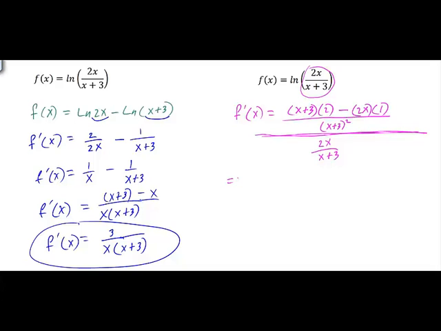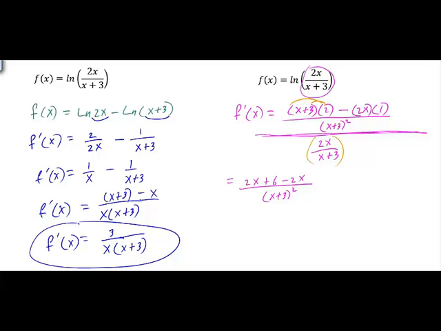So remember, if we want to simplify this, then on top, we could go ahead and distribute the 2. If we distribute the 2 up here, we're going to get 2x plus 6 minus 2x over x plus 3 squared. Okay. Now, at this point, what I'm going to do is take the denominator here, this 2x